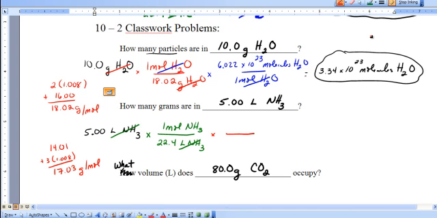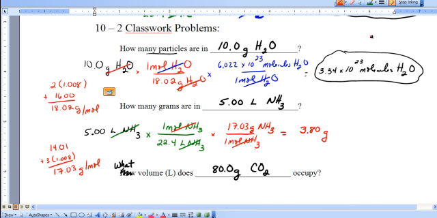We want to have the 1 mole of ammonia on the bottom, the 17.03 grams of ammonia go on top. The moles divide out, top and bottom, and you're ready to do the calculation. 5 divided by 22.4 times 17.03, and that should be